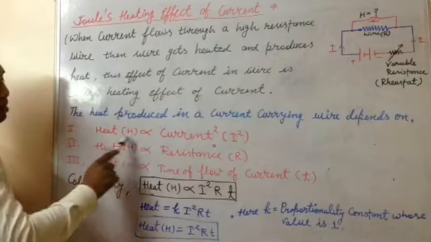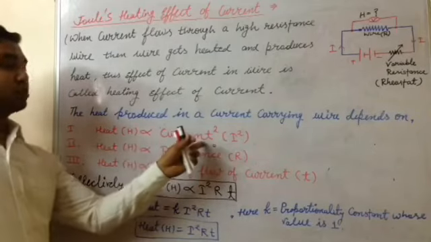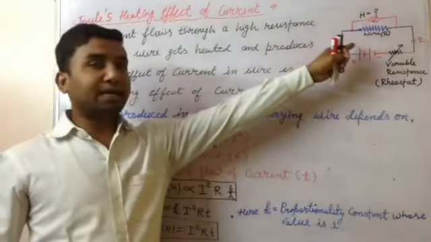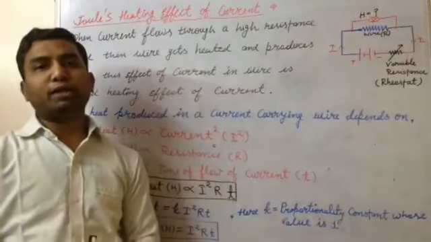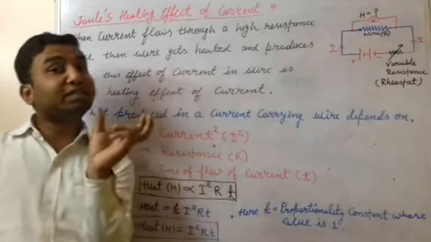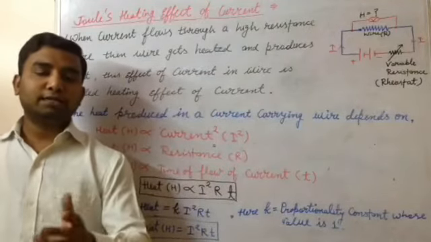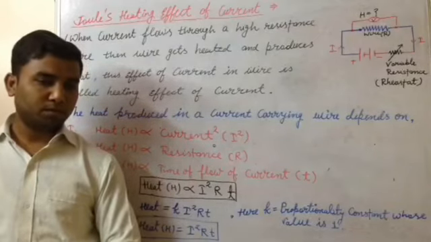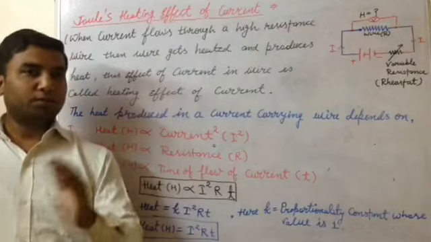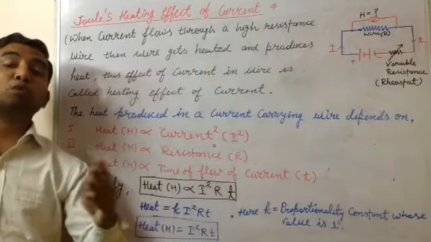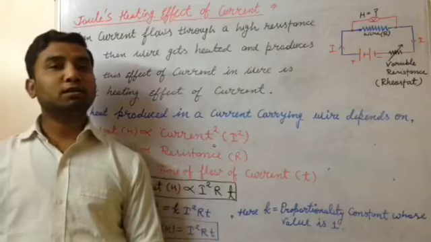The heat is directly proportional to the square of the current. That means, suppose in this circuit 1 ampere current is flowing, then next time 2 ampere current is flowing. In which case will more heat be produced? Yes, Swani, you can tell. Sir, in the more current, 2 ampere. When 2 ampere current is flowing, then more heat would be produced. And how many times more than the previous case?